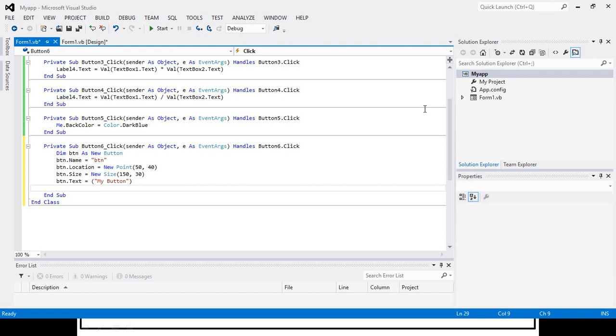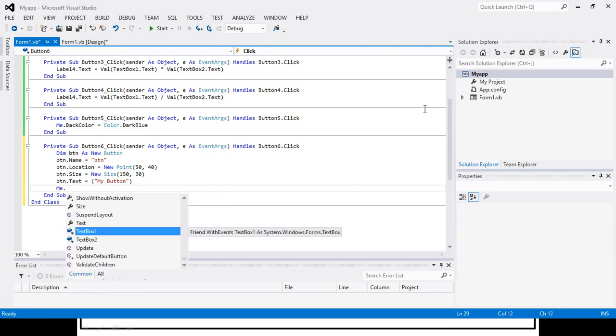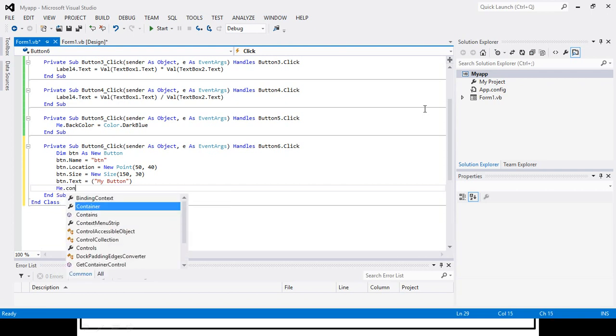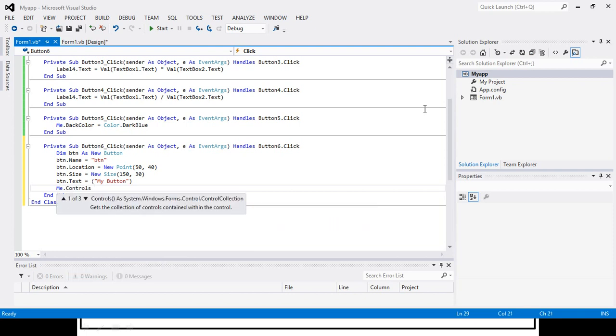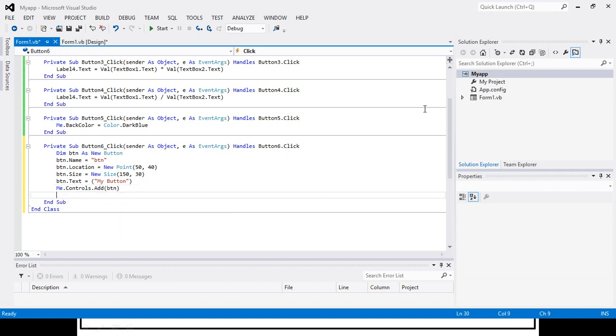I know that I will identify my form by Me, so I will require to add the control. Okay, so Controls.Add, and here we are required to specify which control we should add, that is btn. Okay, so this will work. Now we will execute this.